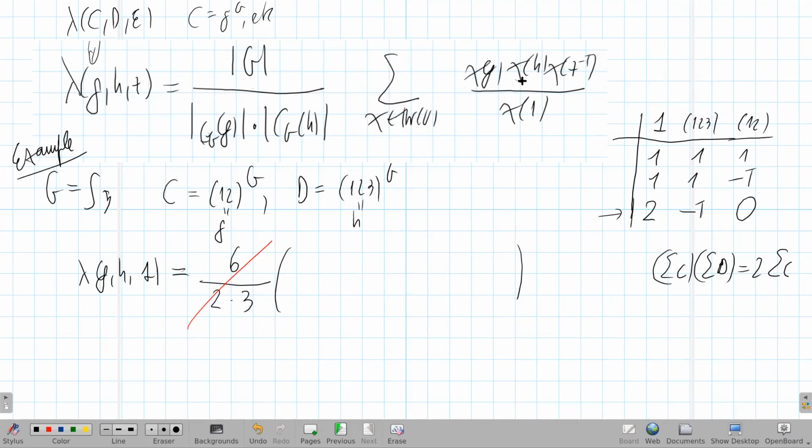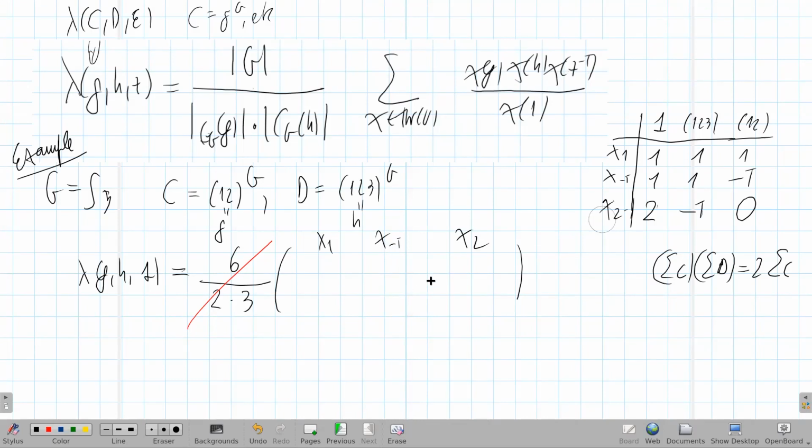Okay, so the three characters, let's say chi-1, chi-1, and chi-2, just to learn the notation. There's chi-1, there's chi-1, and there's chi-2. So chi-1 means trivial 1, chi-2 means the reducible character of degree 2, and chi-1 refers to the fact that there is a -1 here. And so we have to take